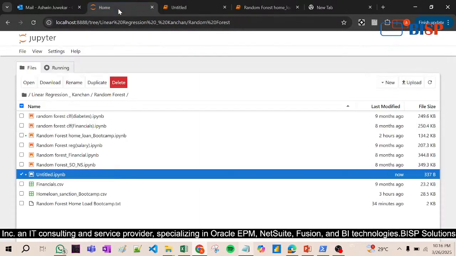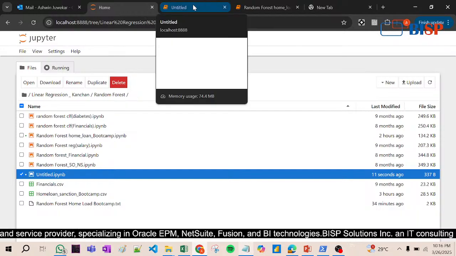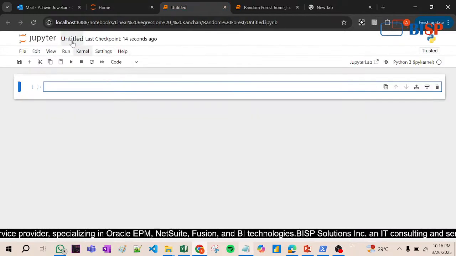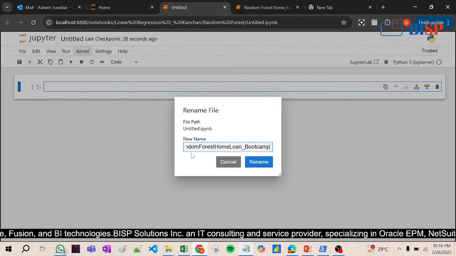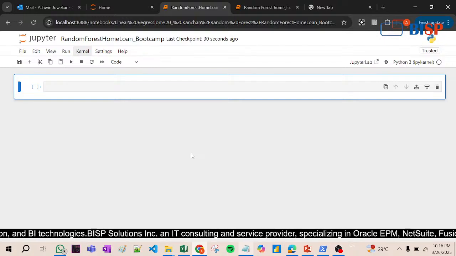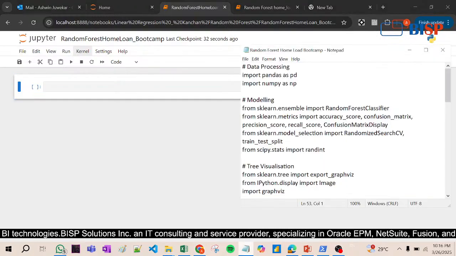Now let me take this also as an example: random forest home loan. Let me rename it, random forest home loan underscore, right? And then I will save it. Now first of all, what we need